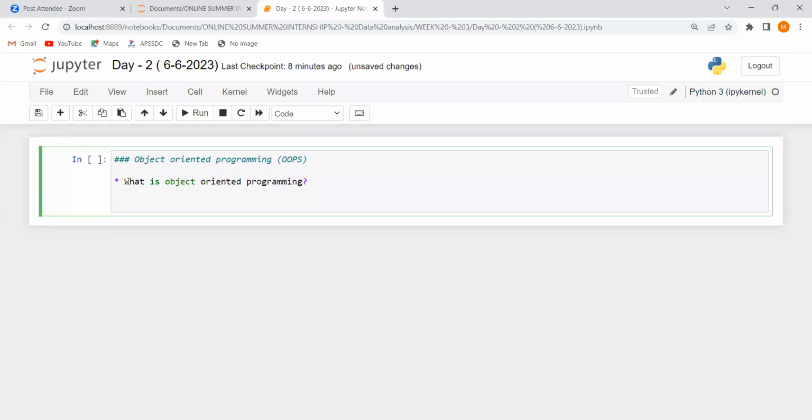Writing everything in classes and objects. Okay. So object-oriented programming is introduced to solve programming problems